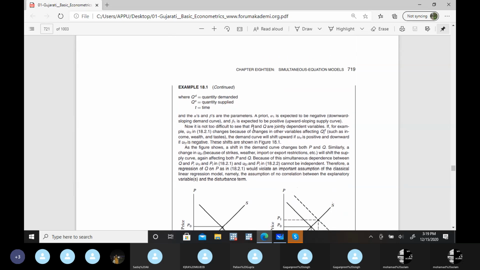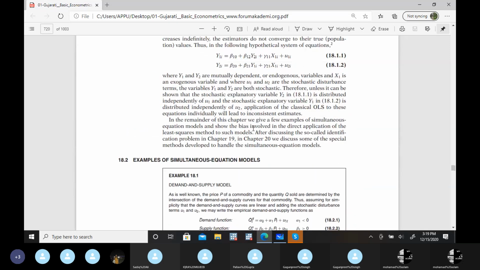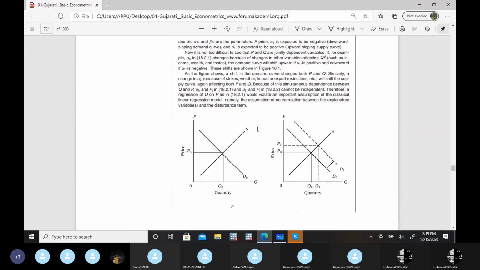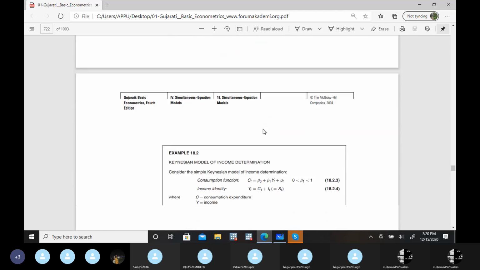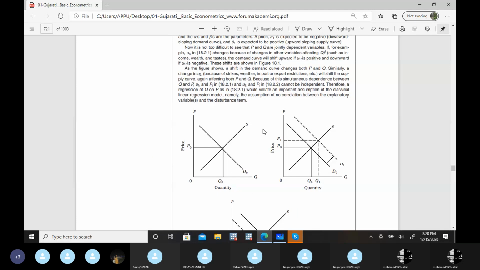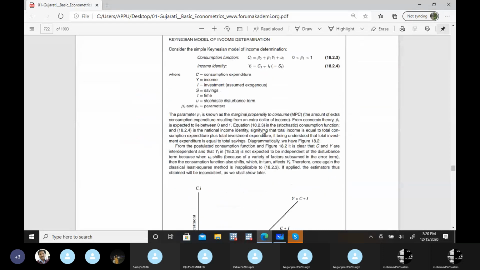If it's more than one equation, we say simultaneous equation, because it's not that a single equation can run that model. We have more than one equation, and that's the case here, like the demand and supply function. If you have to identify whether it's a demand function or a supply function, you need more than one equation to identify that. And there are other exogenous variables that you require in that particular equation. Then only can you run these simultaneous equation models. I'll take more examples, and then maybe it will be clear to you.